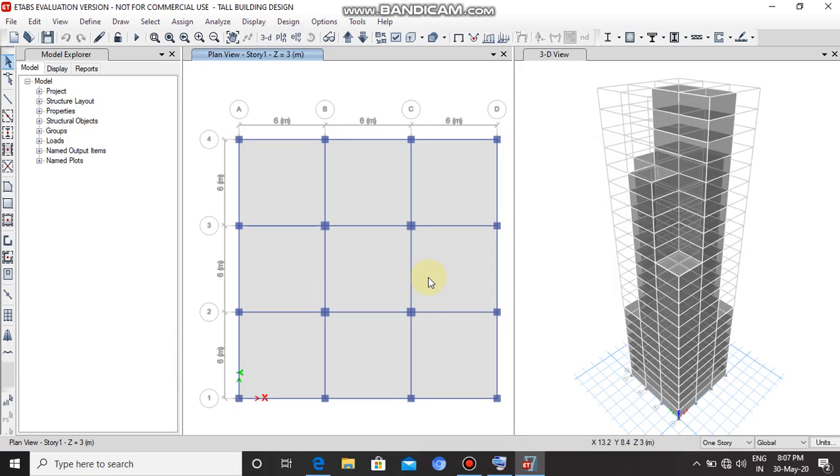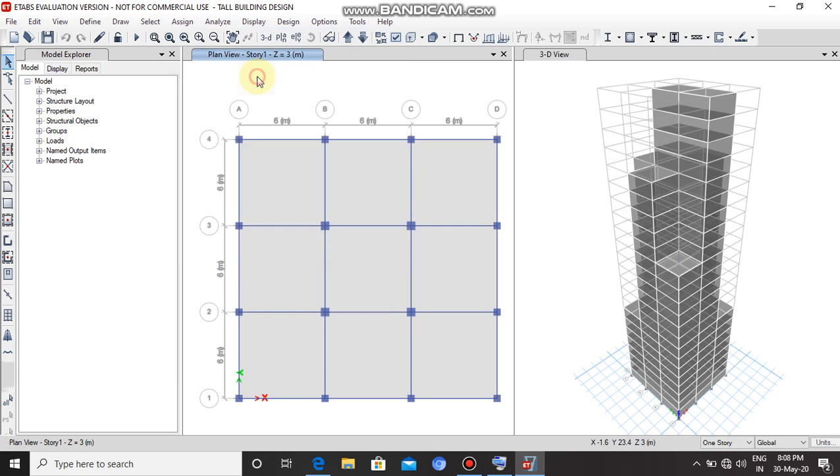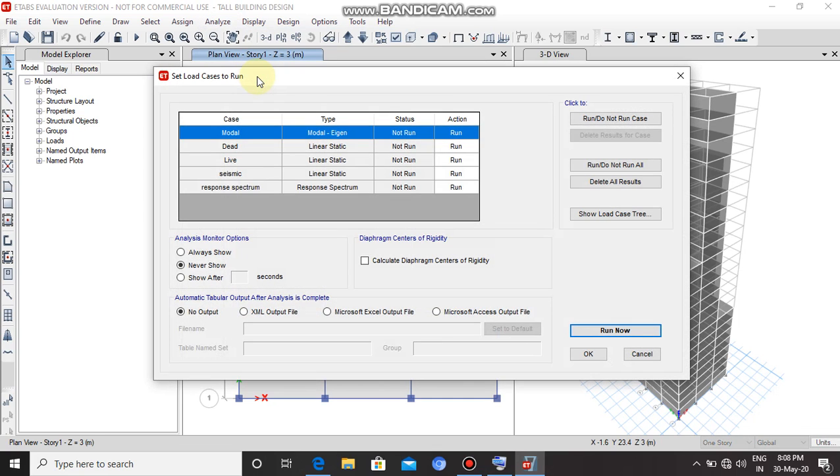In case of response spectrum function, we do not select any building element to assign the load. After defining the response spectrum function, the next step is structural analysis on the building model. So click on Analyze, set load case to run. As we are doing seismic analysis, there is no need to run the analysis for the dead and the live load case.